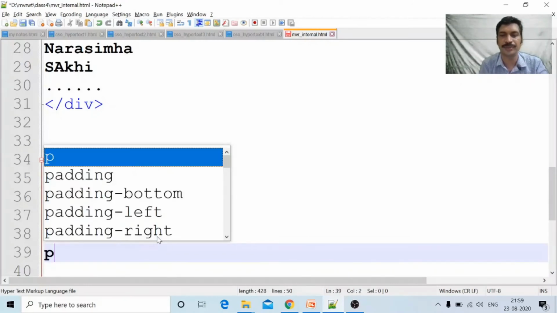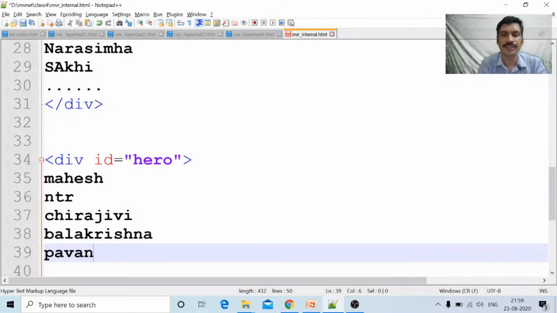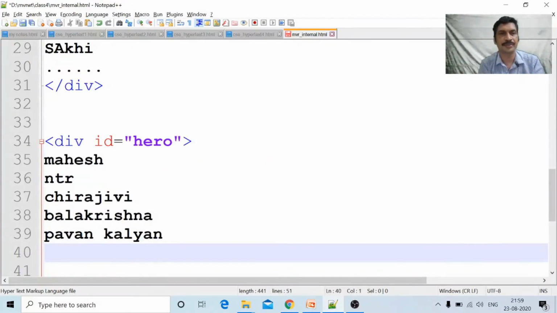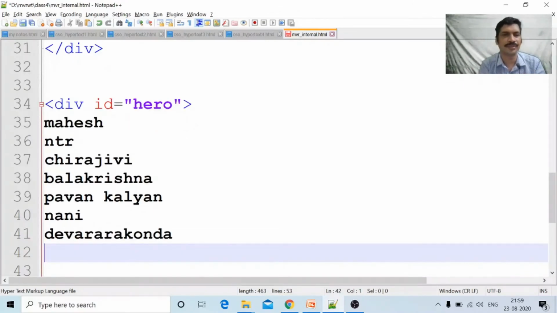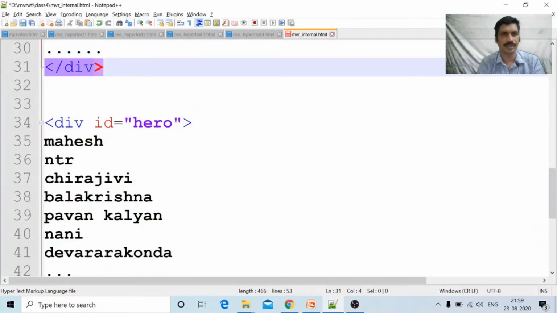Don't forget, this name is also important: Pavan Kalyan, Mahesh Babu. Who are the other heroes? Chiranjeevi, Balakrishna, Mahesh, NTR, Nani, Arjun, Devarakonda. Like that, this is about favorite heroes.